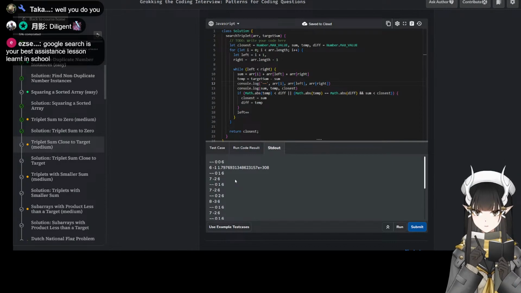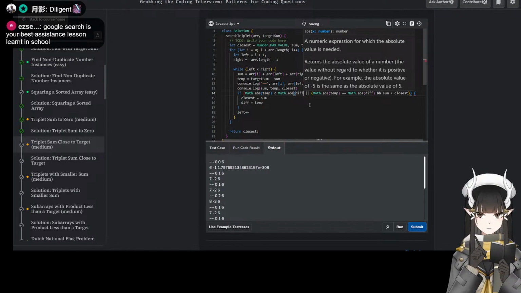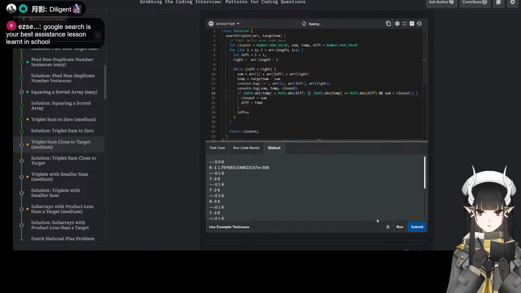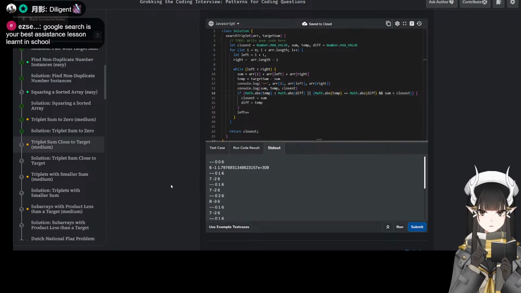Oh, we compare to the absolute value. So both of them should be comparing to absolute value. Run. Okay. Next.